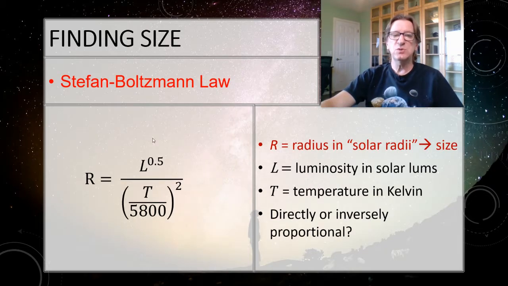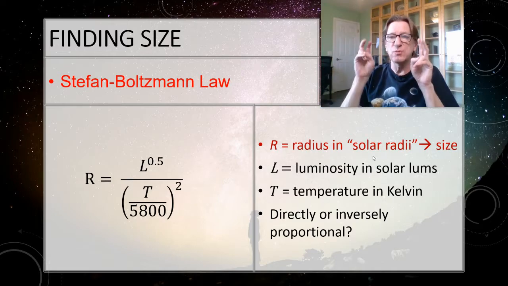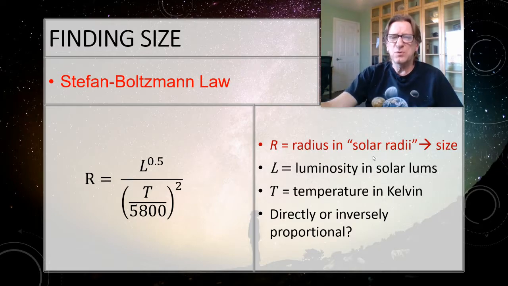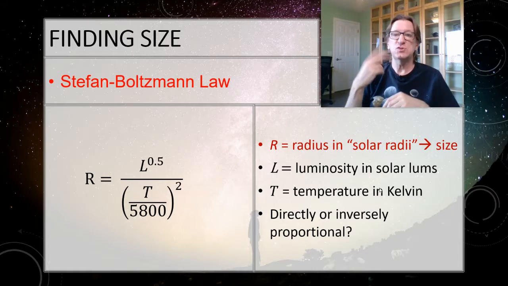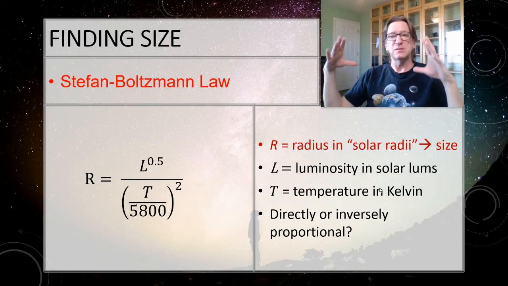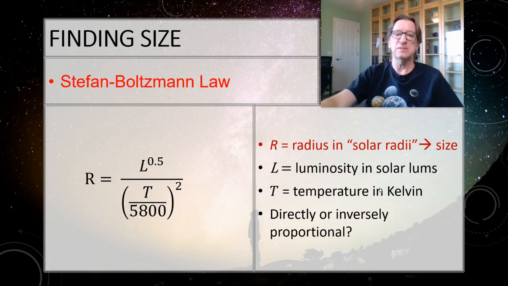All right, so here's the tool that we use for actually calculating it when I need it. R is measured in solar radii, so don't get too confused by that. It's just like solar luminosities. If I have 1 solar radius, it's the same radius as the sun. If it's 2 solar radii, it's twice the radius of the sun. If it's half a solar radius, it's half the radius of the sun.